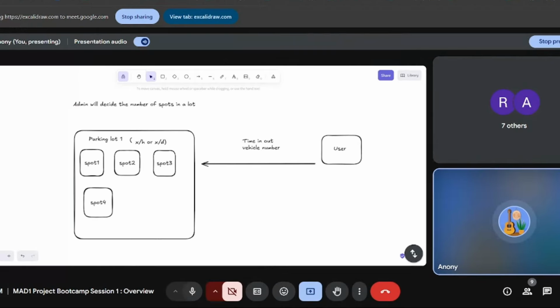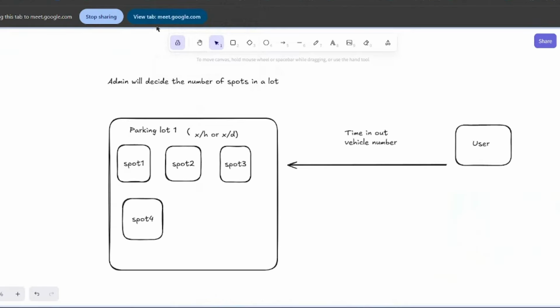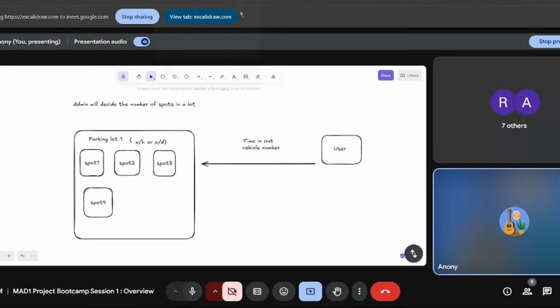Routing, you can think about it in a way that your application is structured. So there is a lot, there is a land. Lot means land, and inside that there are some spots that you want to create. Suppose I will charge 10 rupees per hour, and I will have 6 parking spots. Assuming that all 6 parking spots are occupied,